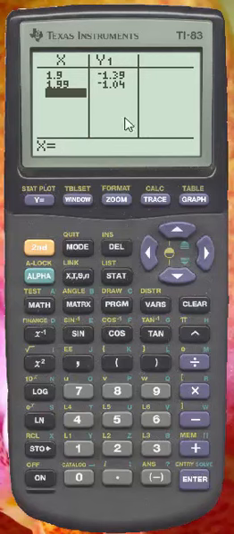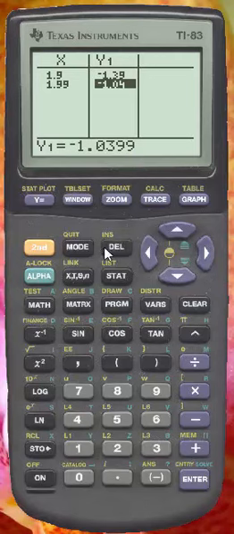Now be careful, what you see here under y1 is a rounded number. So if I want to actually see what the number is to more digits, I can arrow over and up to that number, and I can see that the calculator actually rounded negative 1.0399 to negative 1.04. And for a lot of the work, we actually want to see this larger number with more digits to really get a feel for some information that we're looking to gather.